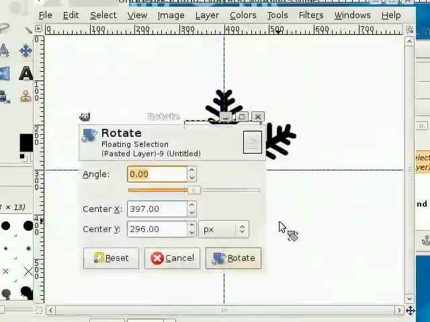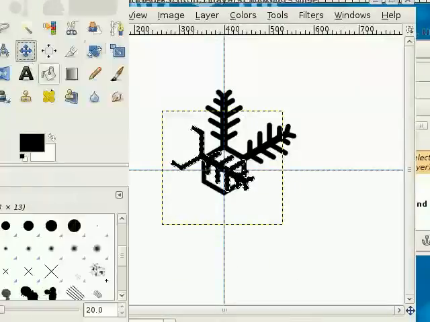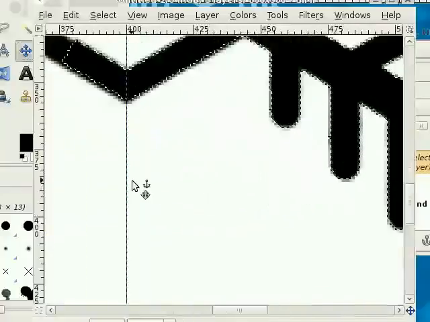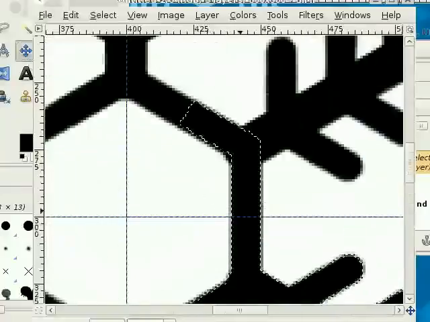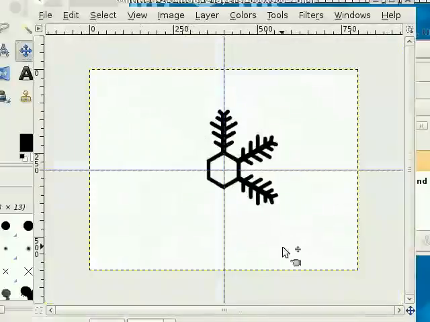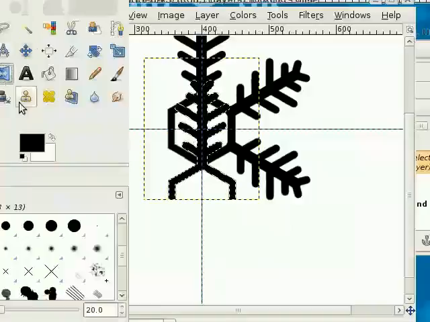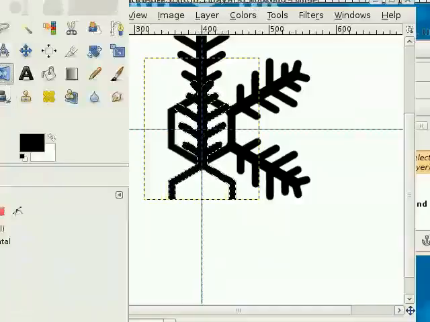Now rotate it by 120 degrees. Move it. And anchor it. Paste it again. Now flip it. Hold down Control to flip it vertically, or just click here